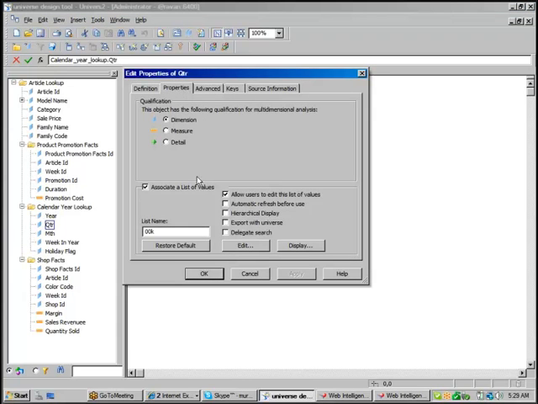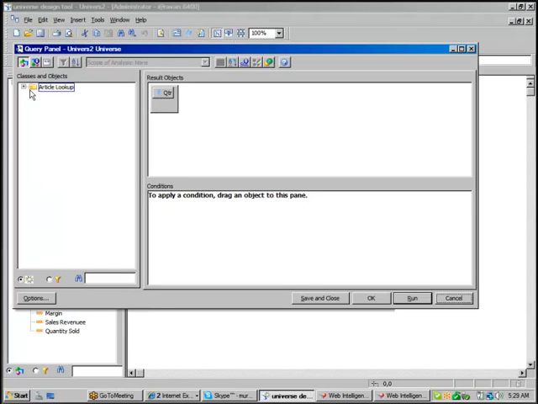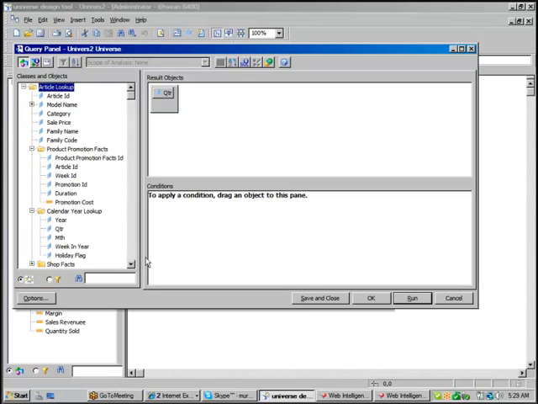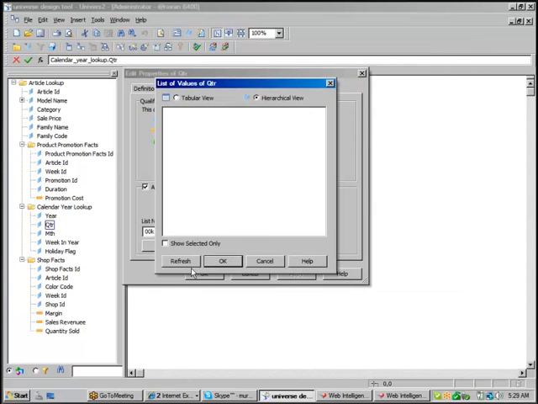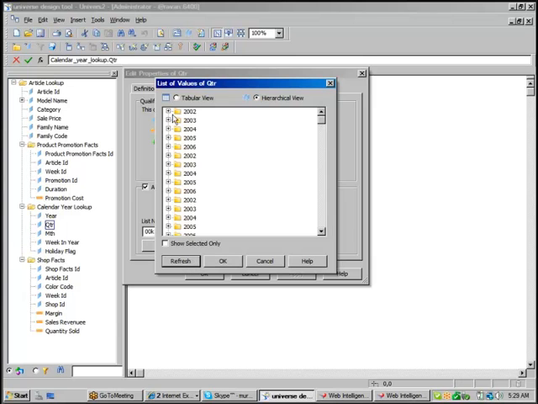click on quarter, go to properties, edit. To control LOVs for quarter, you put a condition in the conditions tab. Now you are trying to make a hierarchy, so you need to drag and drop the high level object of the quarter. Quarter is in the calendar year lookup, and the high level object of the quarter is year. You just drag and drop year into the result objects pane. Click on save and close. When you click on display, the system will display 2002 quarter 1, 2003 quarter 1, 2004 quarter 1, 2005 quarter 1, 2006 quarter 1.